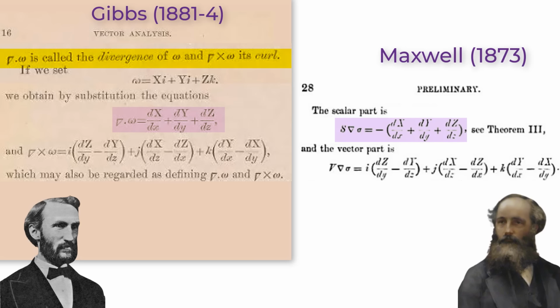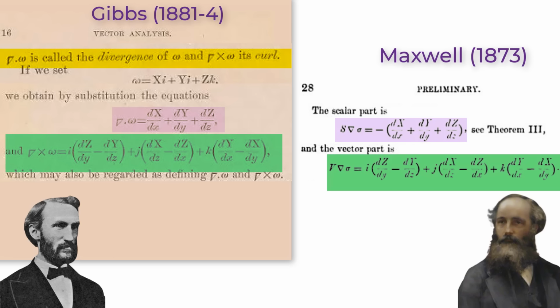In this case, you can see how Gibbs related the divergence from the negative of Maxwell's convergence and the curl directly from Maxwell's definition in his 1873 book. This is clearly, aside from a few name differences and the dot product being in the wrong position, modern vector analysis. Now, after he came up with this idea, Gibbs read about another mathematician named Grassmann, who in 1844 had